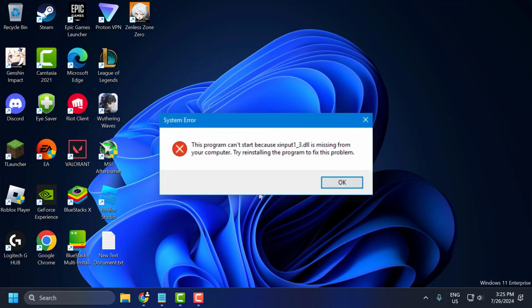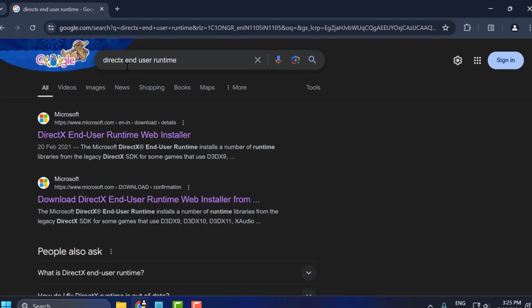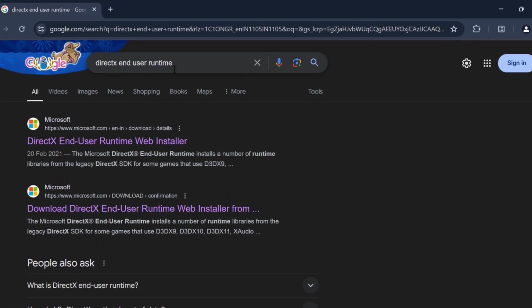Today we are going to see how to fix the error "The program can't start because xinput1_3.dll is missing from your computer" in Windows 11, 10, 8 and 7. Let's fix it guys. You just need to open up Chrome and search for DirectX End-User Runtime. Click on the Microsoft site